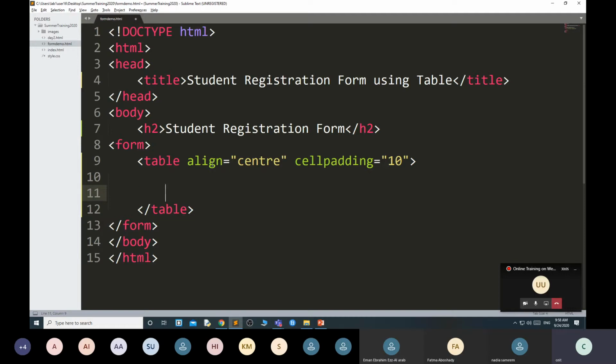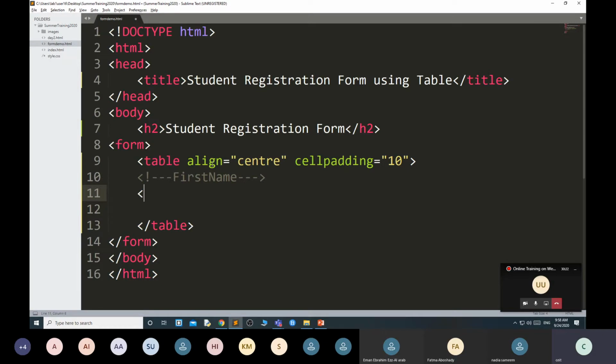Then the first row. That is for the first name.